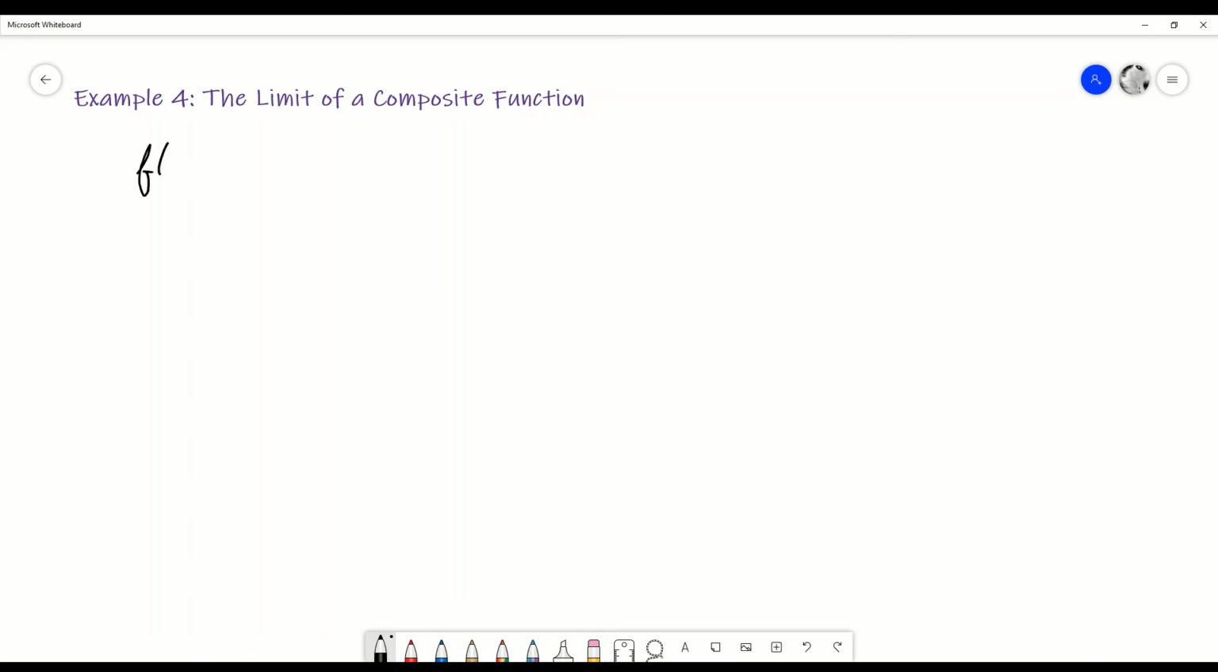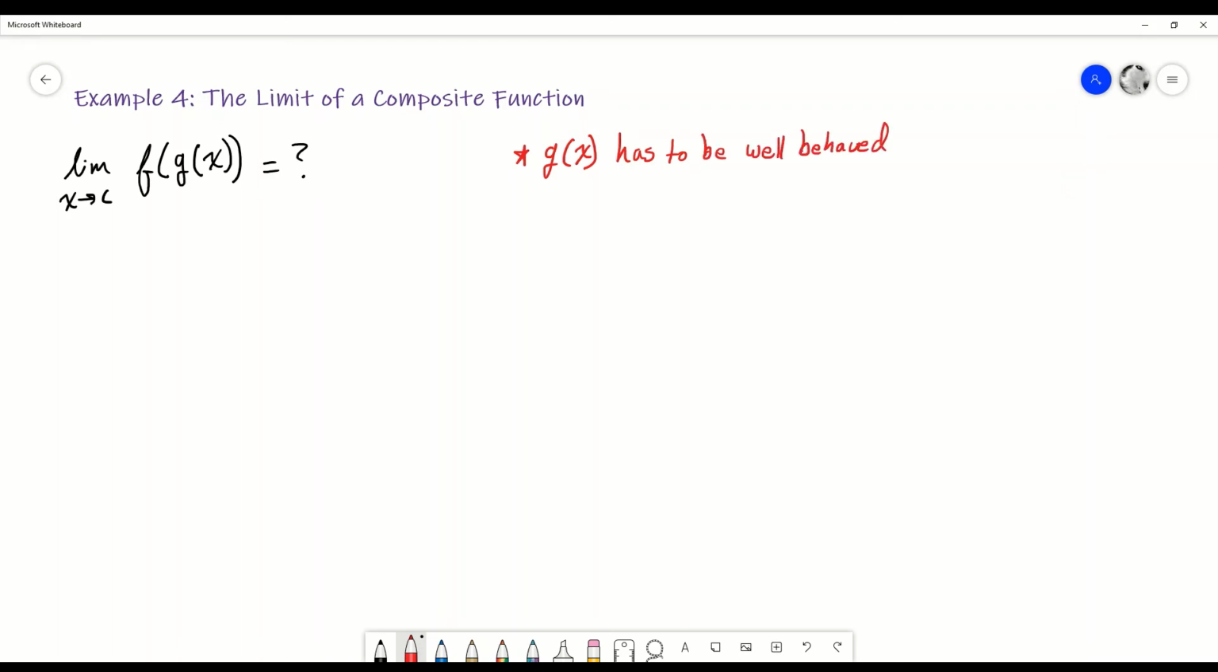The last way that we can combine functions is through composition. So what would the limit of a composition function look like? What's key about composition functions is that you have to make sure that the inner function, in this case g of x, is a well-behaved function, such as a polynomial. If that's the case, then we can find the limit of any composition